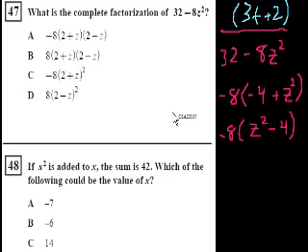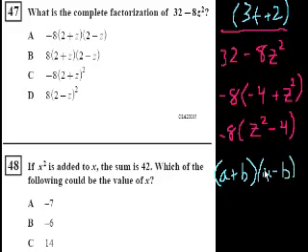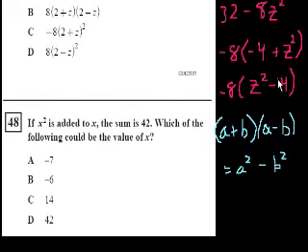Now I'll review this because this is an Algebra 1 test, so maybe this isn't obvious to you. But in general, if you see something like a plus b times a minus b, and this might be a good exercise for you to multiply out, this is equal to a squared minus b squared, because the middle terms cancel out. So this has that same property. This is a squared minus b squared. So then this up here can be factored as minus 8 times